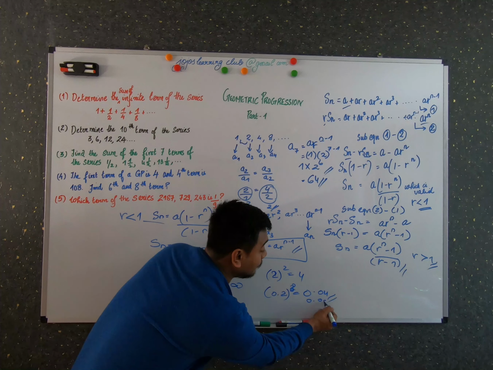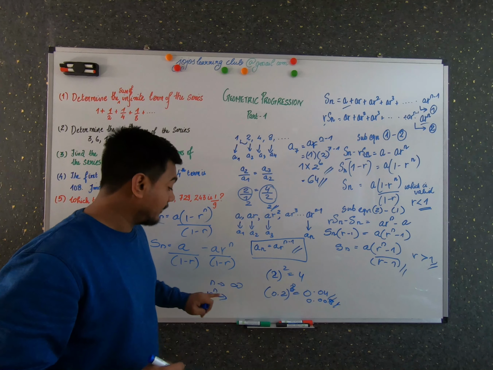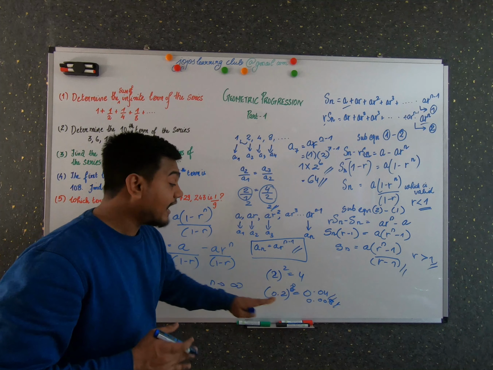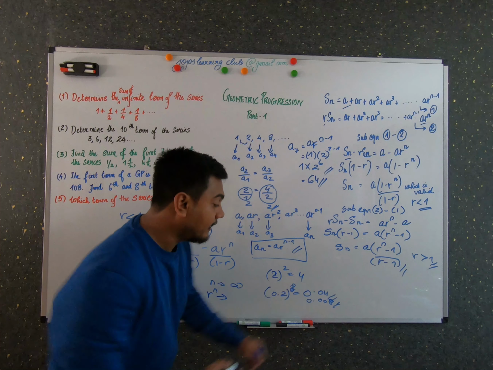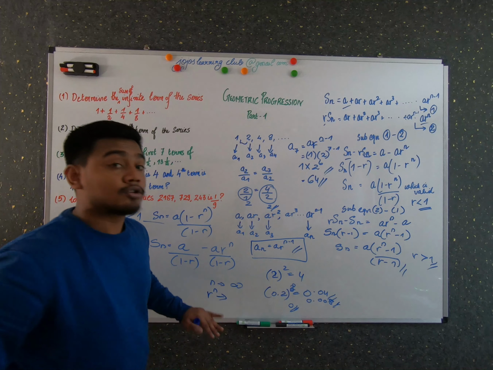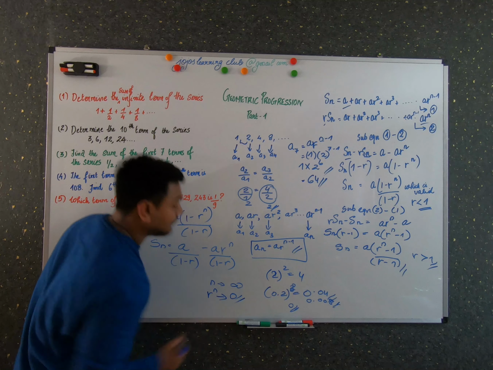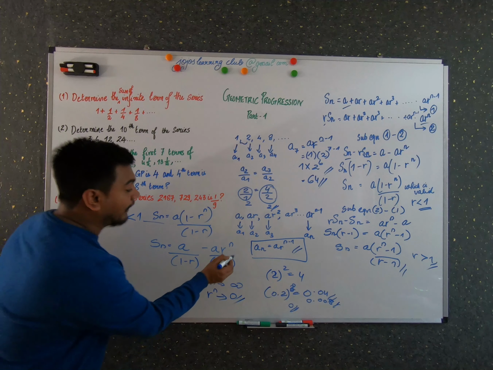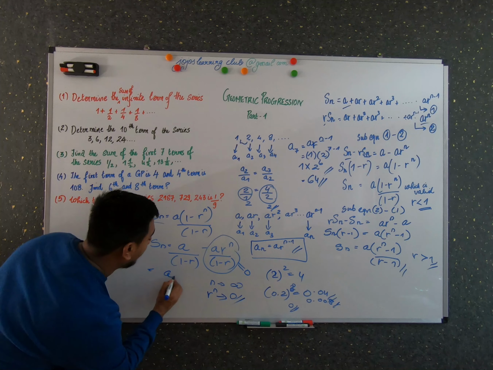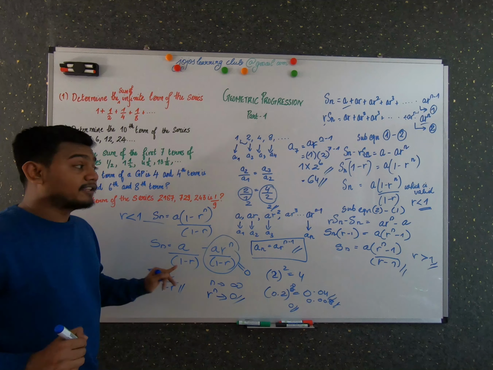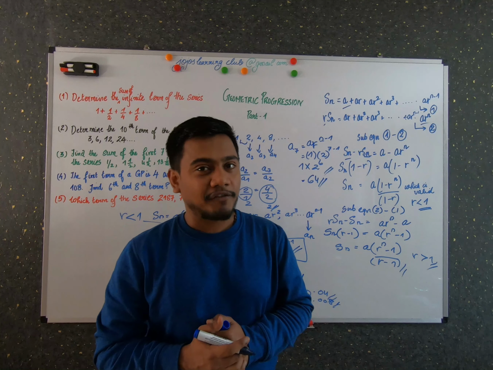It becomes 0.008. You can see that as the value of n increases, that is, when the common ratio is less than 1 and n approaches infinity, this number approaches 0. So you can say that when n approaches infinity, r raised to n approaches 0. When r raised to n approaches 0, this term approaches 0. So you can just write the formula as A by 1 minus r. And this formula is called the limiting value of infinite terms of a GP.